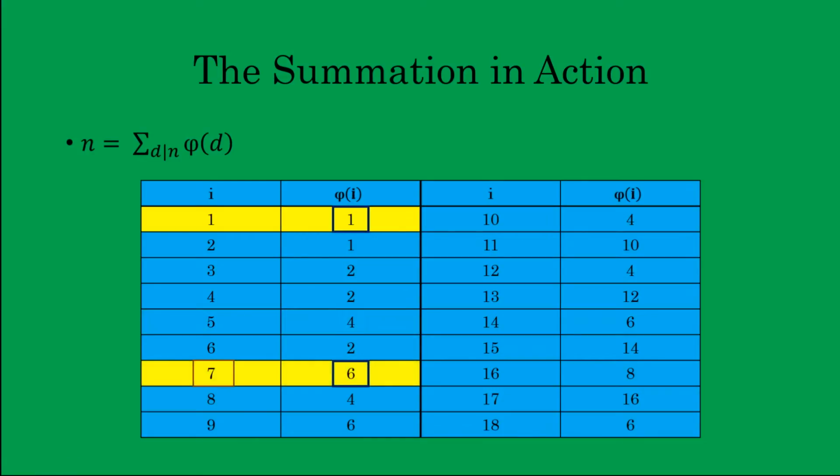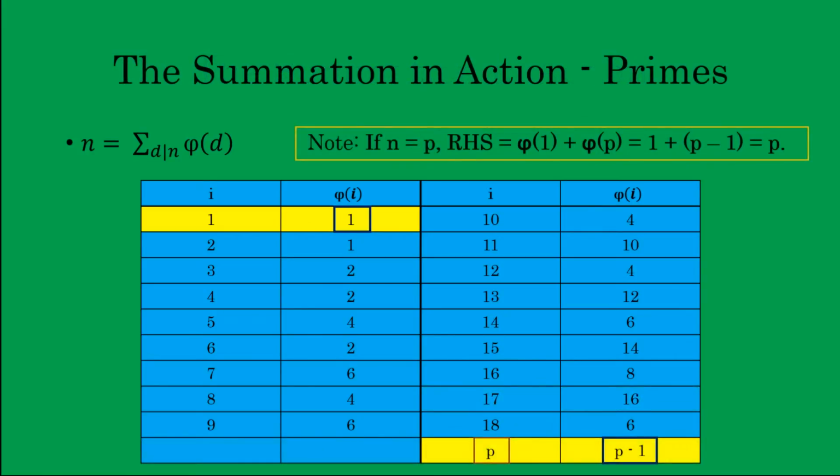We can also see this example with other numbers with similar properties. So 1 plus 6 equals 7. And 1 plus 16 equals 17, where n equals 17. And in fact, more generally, if